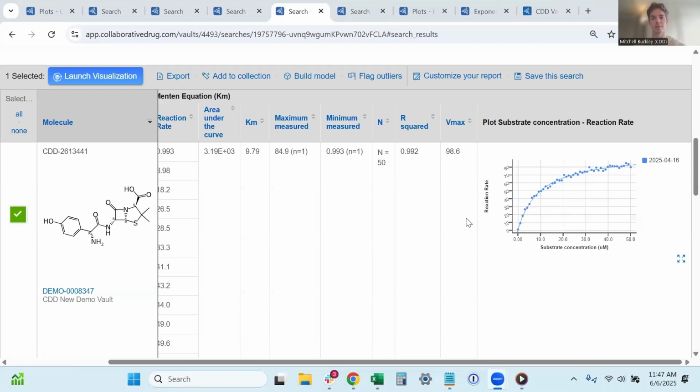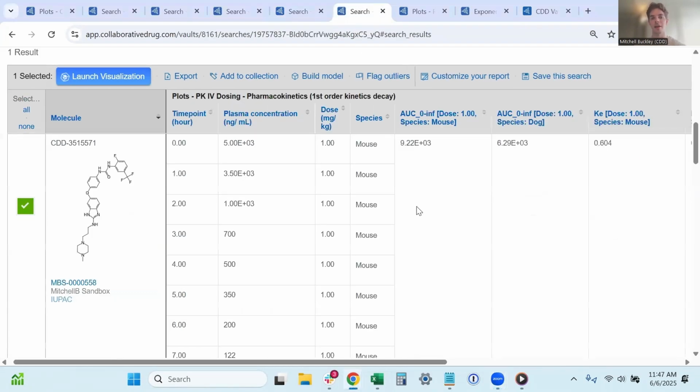We'll next move into the pharmacokinetic space and focus on our IV and PO dosing curve fits. So this is a really exciting development for the CDD team and, of course, all of our customers. In this particular protocol here, we've defined two inputs for our time point and our plasma concentration, and we've also specified two different conditions for our dose as well as our species so that we can aggregate all of our